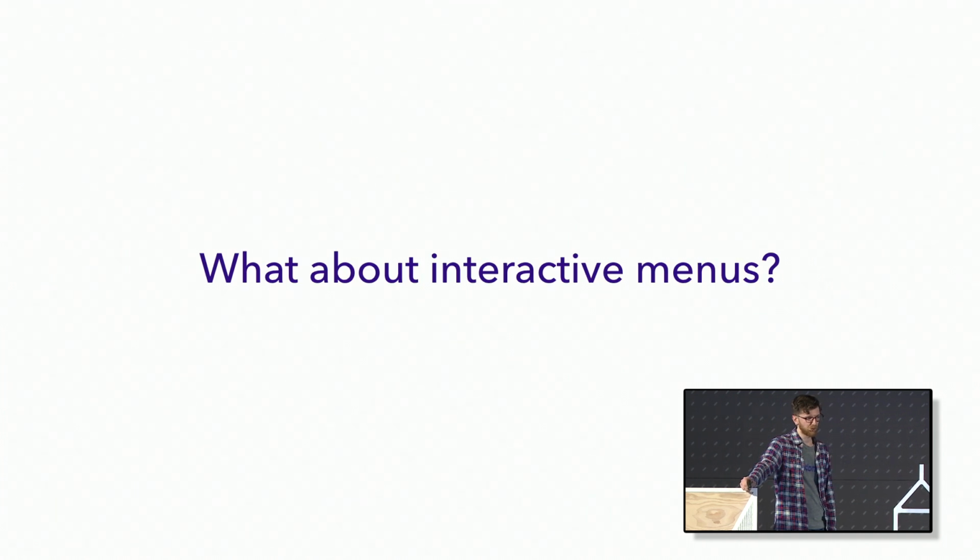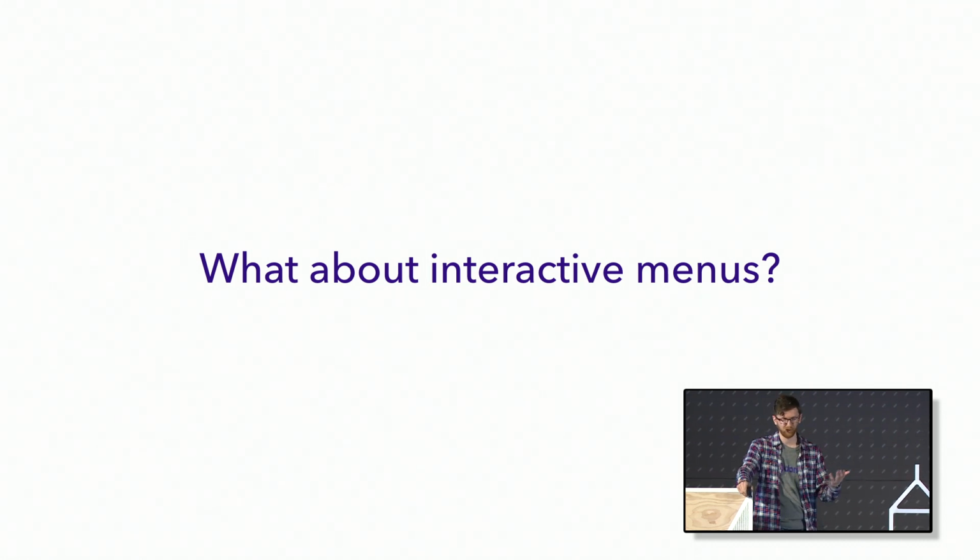One last note: you might be wondering, what about interactive menus? So this was all about buttons, but menus are another great interactive feature. Basically, everything I just said applies exactly the same to menus. The structure of the attachment JSON is a little different, and the structure of the payload is a little different, but other than that, all the principles I just talked about apply exactly the same.